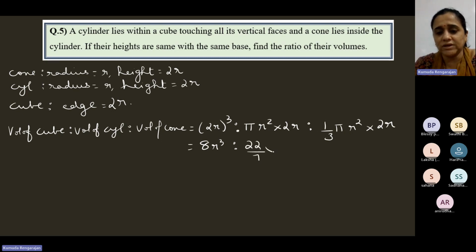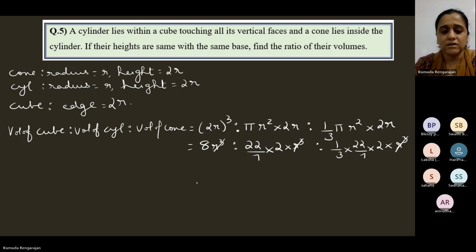So 22 by 7 into 2 into r cube is to 1 by 3 into 22 by 7 into 2 into r cube. So cancel r cubed everywhere and also cancel